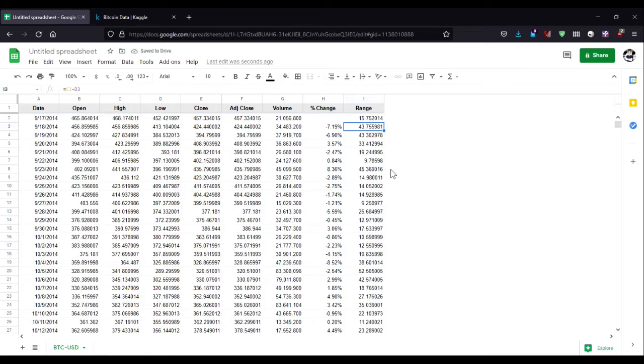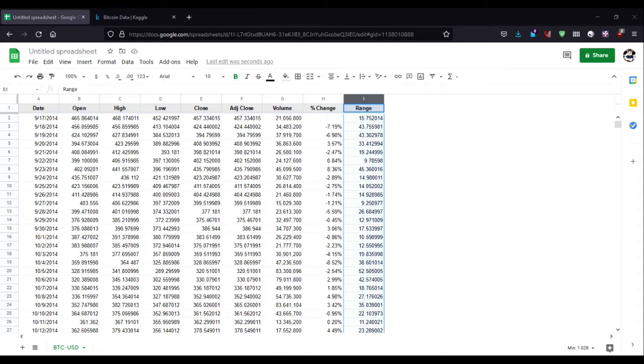This will tell me in a numeric value how wide the values fluctuated during that day, the high point minus the low point. And I can reasonably expect this resulting number to always be positive, because the high should always be at least as high as the low, assuming this data is accurate. So now we have a couple of additional calculated values, the percentage change for the day and the range of fluctuation for the day. So let's look at some visualizations we can create from this to look for trends in